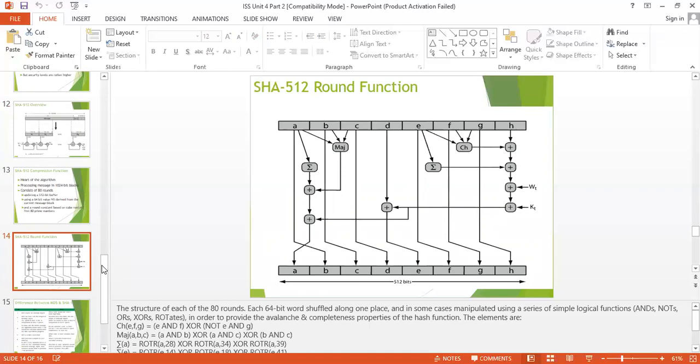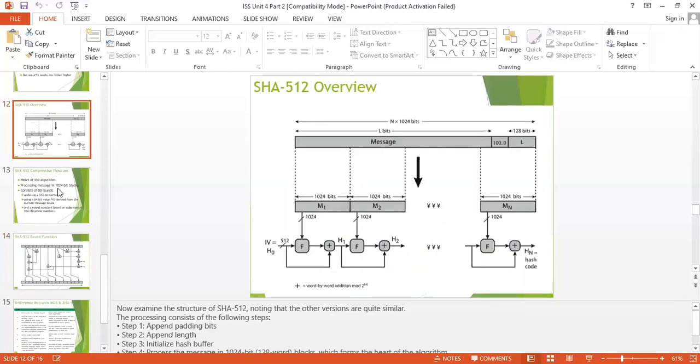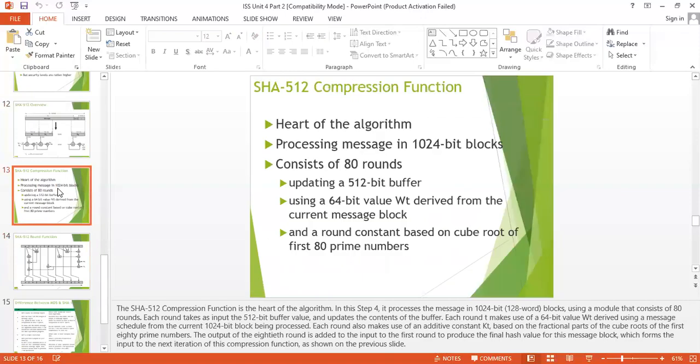And the processing speed of SHA-512 is very high compared to the MD5 algorithm. Sorry, this is wrong. SHA is slower than the MD5 algorithm, but the MD5 algorithm is less secure, and the SHA algorithm is more secure.